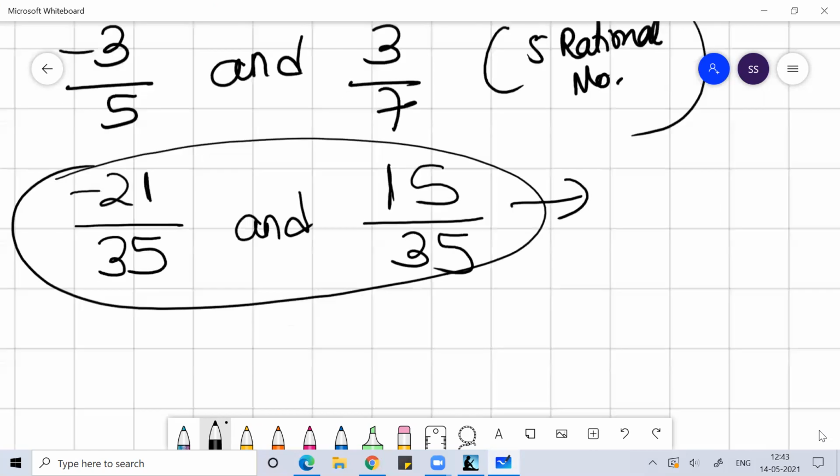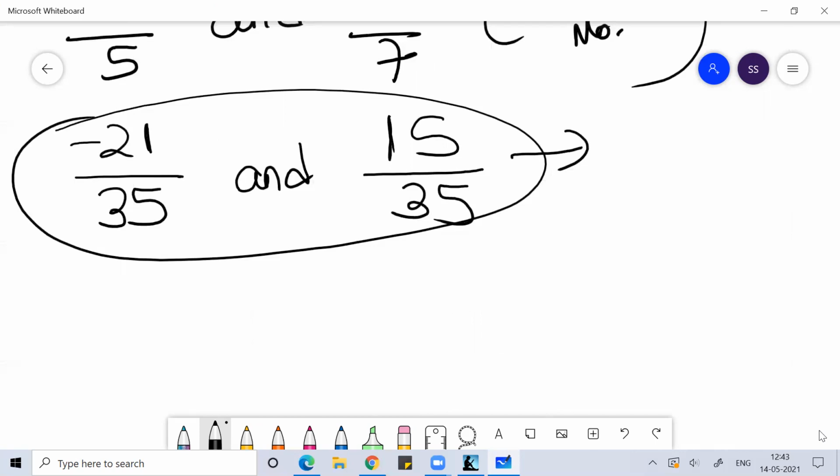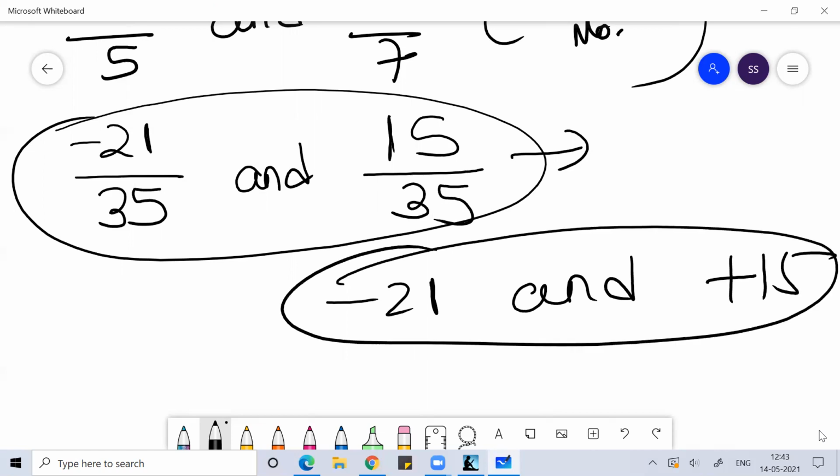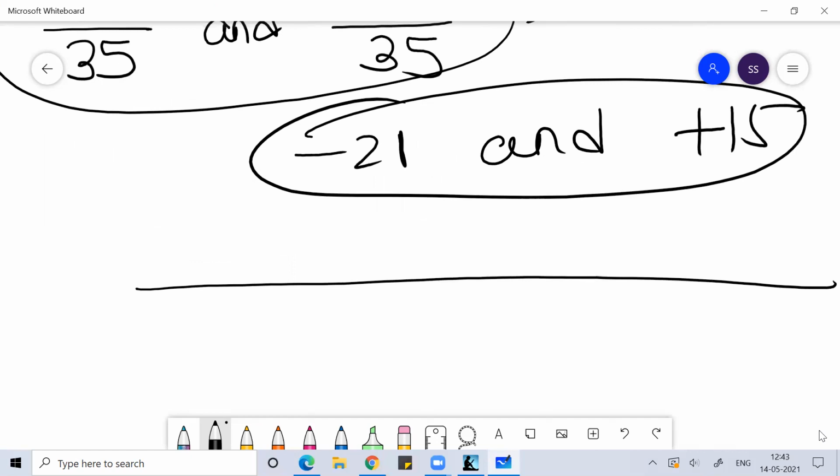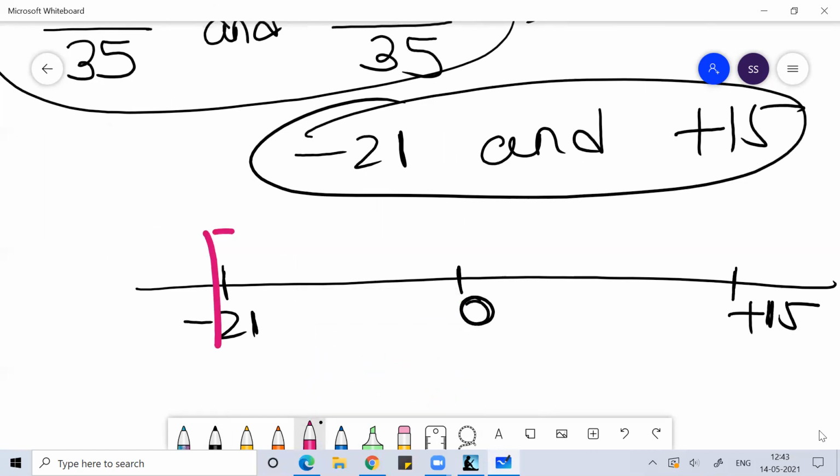Seriously, yaar. All the numbers which come in between, Tanish, you can write any number between minus 21 and plus 15. Okay, so then we'll write minus 9 by 35, up to 14 by 35. Tanish, think here: this is minus 21, this is plus 15 and here this is 0. So all the numbers, Tanish, use your common sense. All the numbers which come between this,